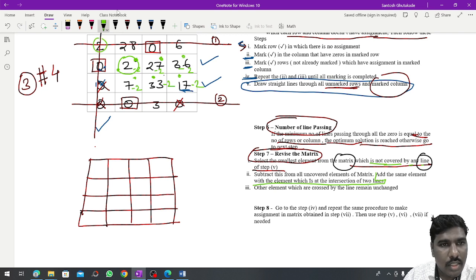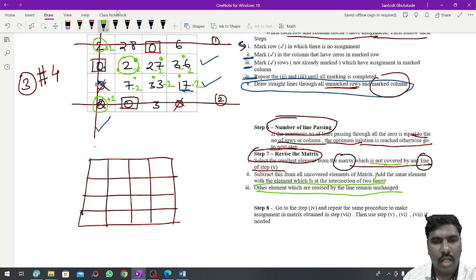This one is an intersection and this one is an intersection, where 2 lines are meeting. So this smallest element we are adding at this location and again at this location. And the next step is that other elements which are crossed by the line remain unchanged. So we are not doing any operation on the other elements.